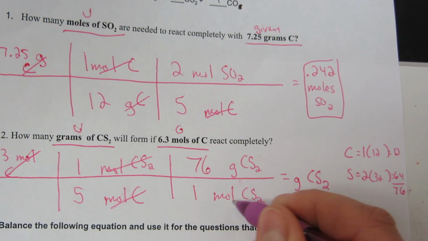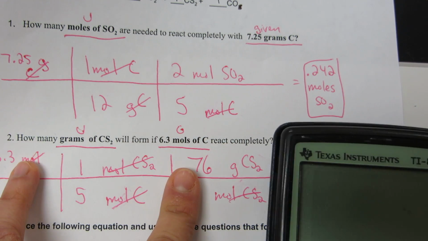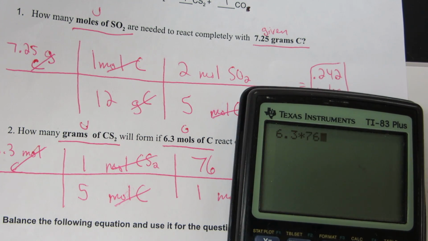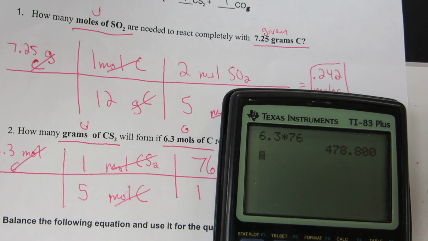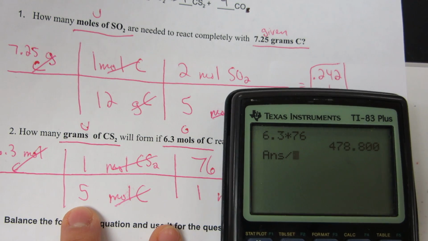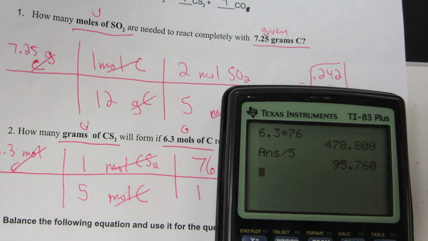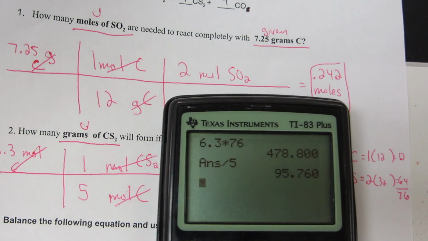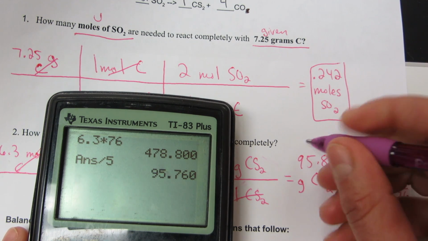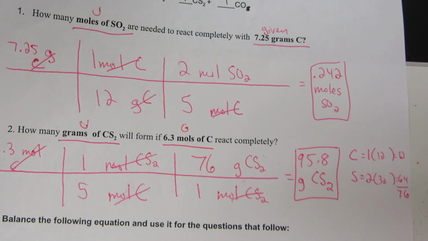So the moles cancel out. I'm left in grams, which is what I want. So I'm going to do my math here. Multiply the top numbers, 6.3 times 76. Press enter, and then divide by anything on the bottom. I don't have to worry about the 1, but we're going to divide by 5. Enter. So we get 95.8. We'll round that 7 to an 8. So 95.8 grams of CS2 for every 6.3 moles of carbon. Okay,